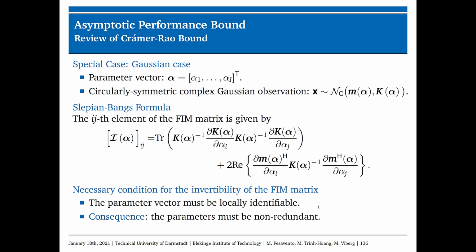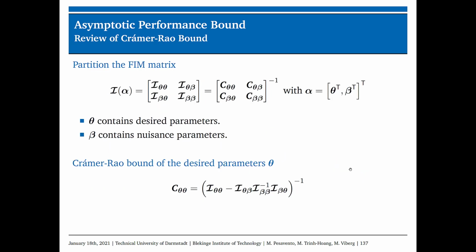That means different parameters or different parameter vectors do not create the same observations in the noise-free case. Often we are interested only in part of the variables and consider the remaining parameters as nuisance parameters. For example, in the context of DOA estimation, we are interested in the directions of arrival of the impinging sources, while the other signal parameters such as the noise variance, the signal waveform, or the signal covariance matrix are considered